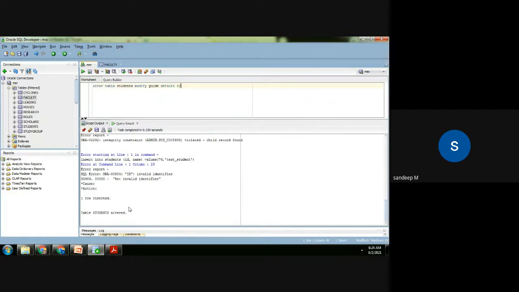Now we have a default value. So say for example now we insert into students a new student, but we're not specifying the guide. So this will be say 75, and the value is test student 2.